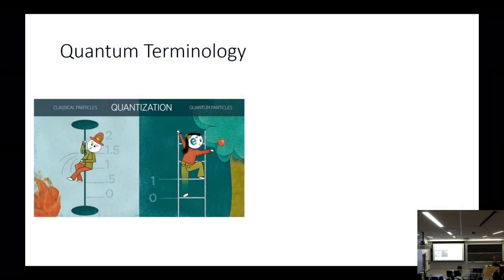So a lot of what you read had a lot of jargon and terminology. And I thought it would be fun to start by getting on the same page in terms of that terminology. So when we talk about the quantum realm, let me use Lisa's term, quantization is a really big concept. So can someone tell me what they think of when they think of quantization and why it might be important